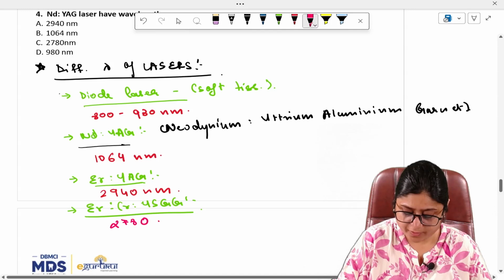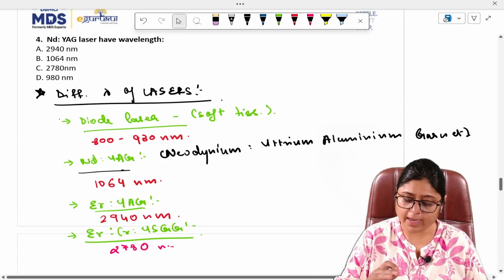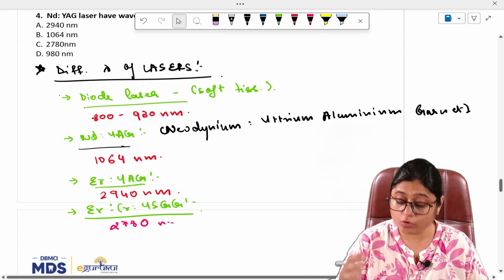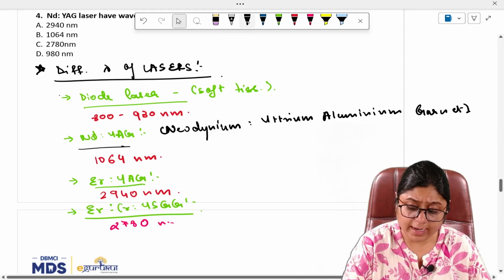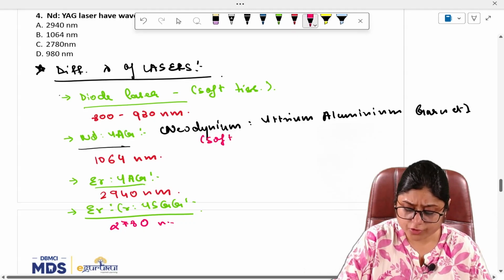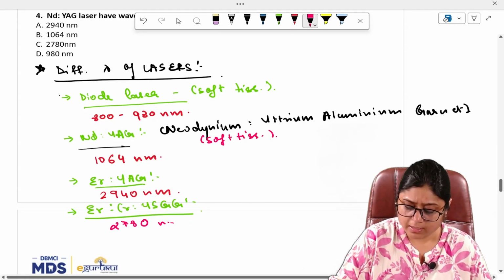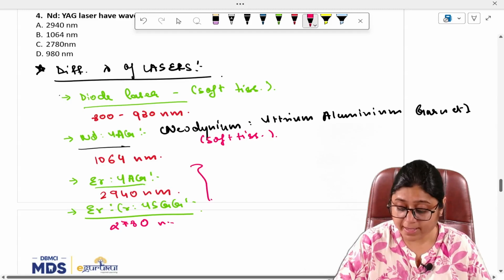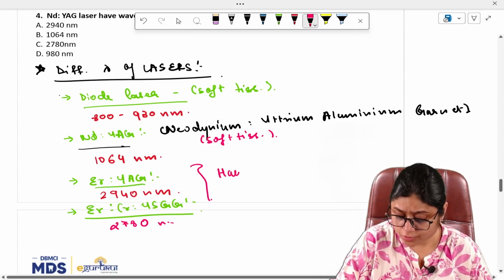Okay, so these are the wavelengths which are used. Out of this, Nd:YAG is a good soft tissue laser. Erbium YAG and YSGG are best for hard tissue